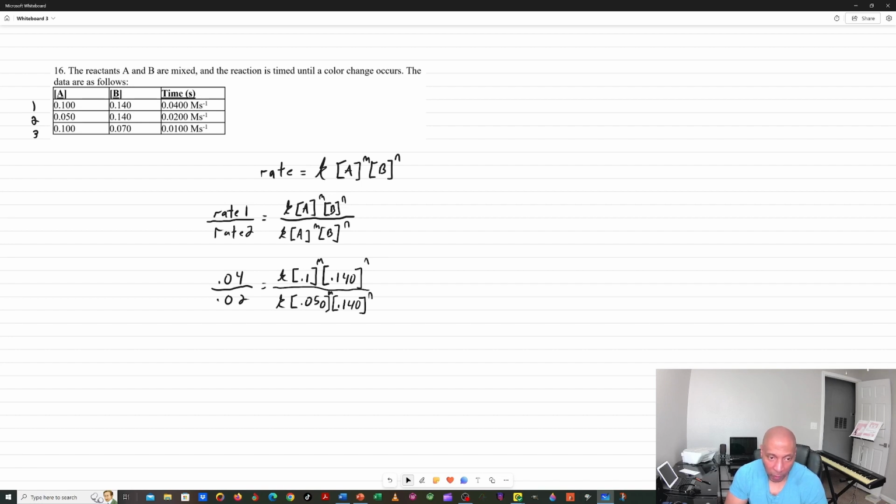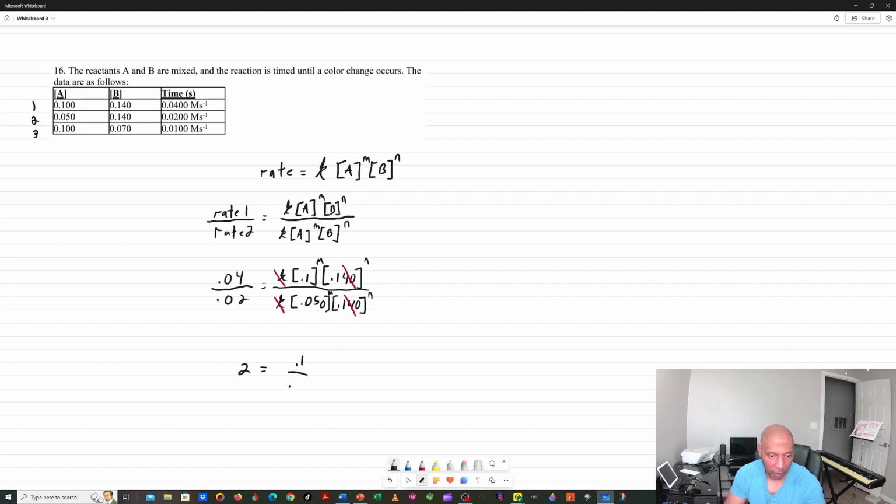0.14 raised to the n power is in the numerator and the denominator, isn't it? So I'm going to go ahead and cancel that out. While I'm at it, I think I'll cancel out my rate constants too, because I have a K in the numerator and a K in the denominator. Now, of course, you don't need a calculator to see that 0.04 divided by 0.02 is going to equal 2. So 2 is going to equal